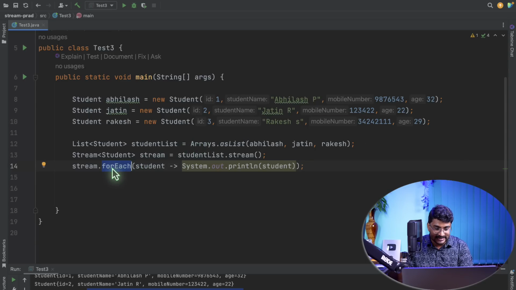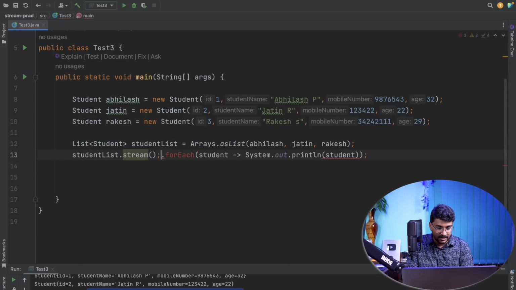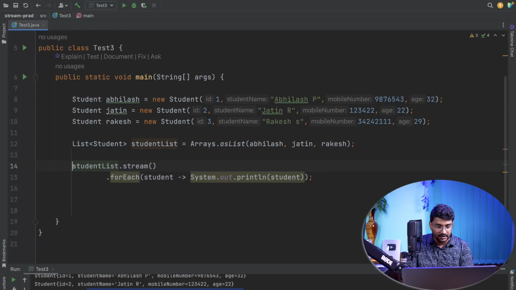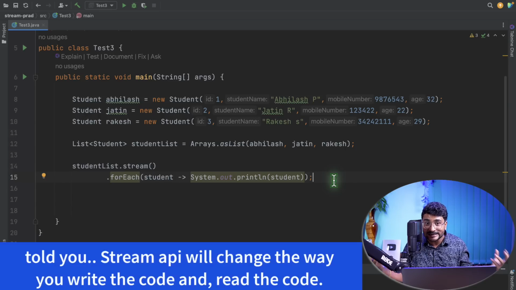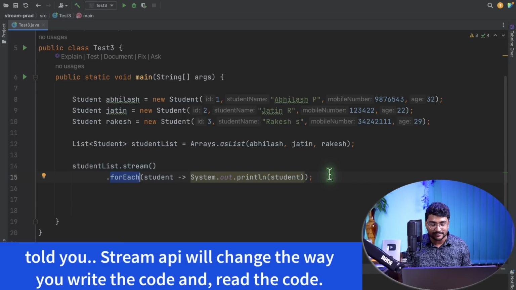And also I can chain it, as I have told you. So I can basically remove this return type, and I can just do forEach over here. So I can just do this. So that's it. I don't have to write any for each loop explicitly right now. Rather, this forEach method that I'm calling does everything behind the scenes. So pretty straightforward, pretty readable code,